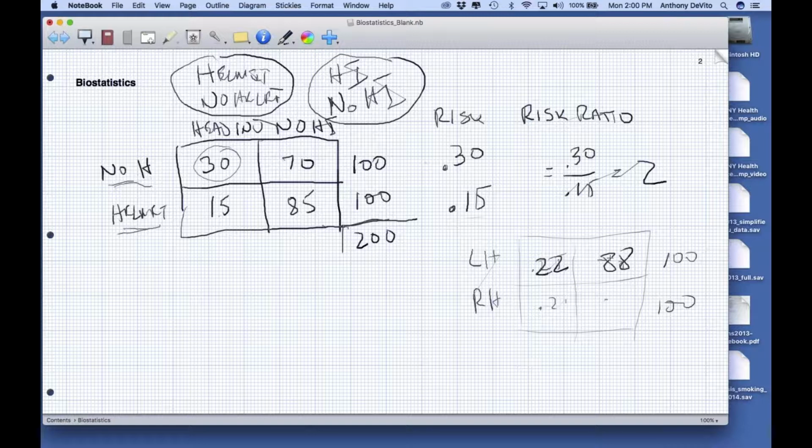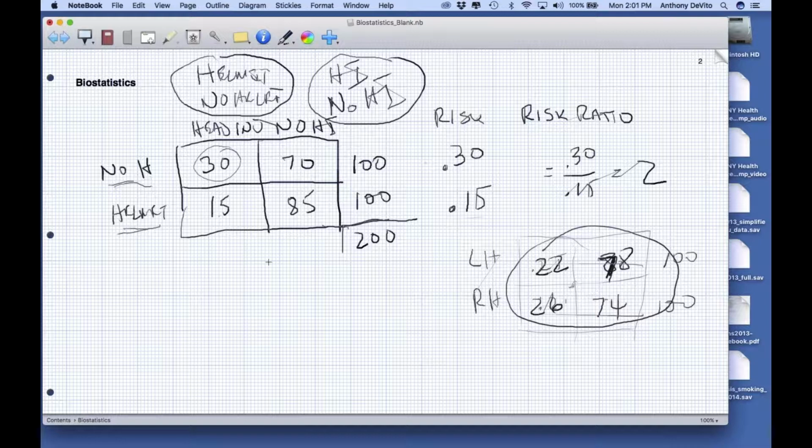Maybe I'll get 78. And this one maybe 26 and 74, right? I wouldn't expect it to be exactly the same rate, just because of chance, right? So now, how far apart do these have to be from being the same rate for me to say that